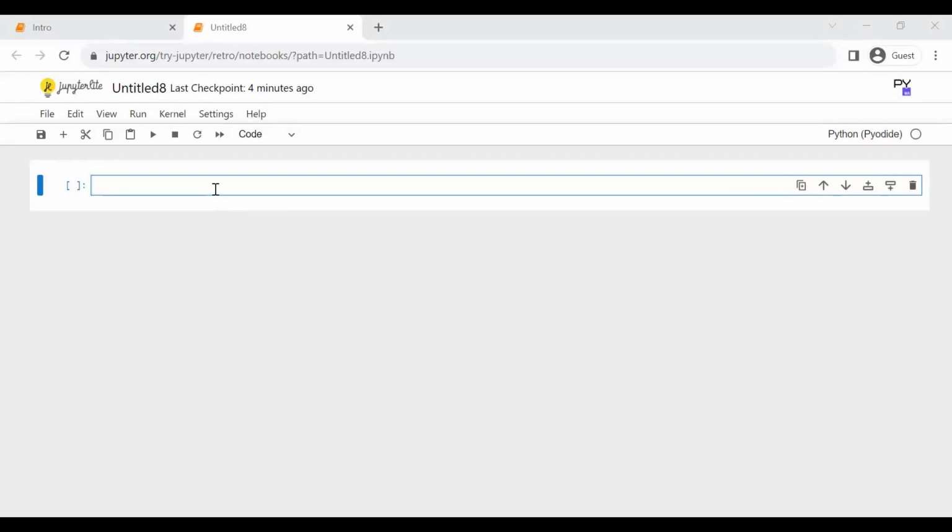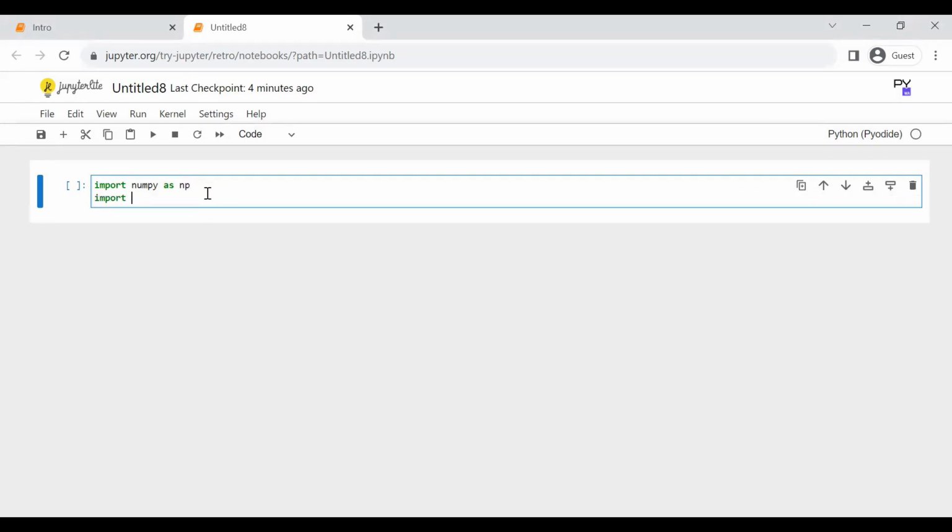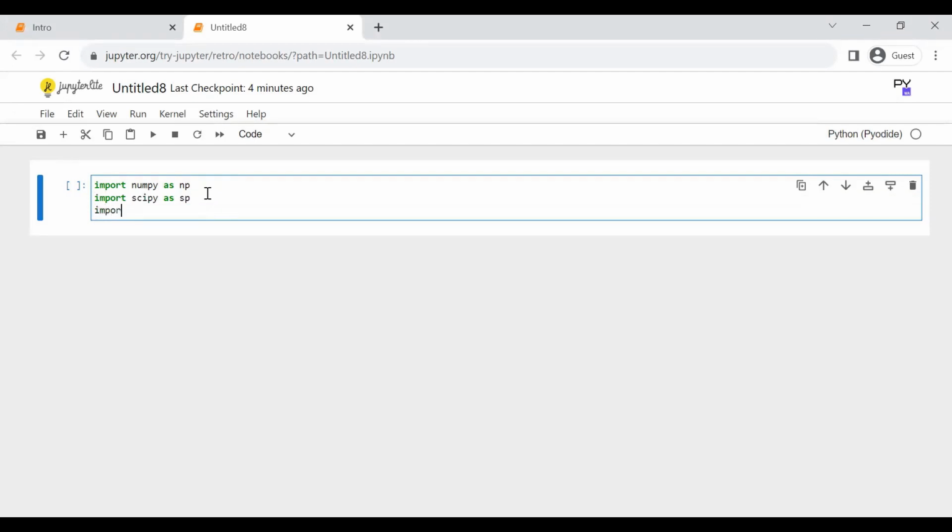So we're going to try to solve these problems using Python. And for those of you who were following us on the last problem, we can start a Jupyter notebook online. And then in the cells, we just begin by typing. First of all, we want to import the NumPy library. Usually what we do is we import NumPy as np, and then we import SciPy as sp, import SymPy as smp,